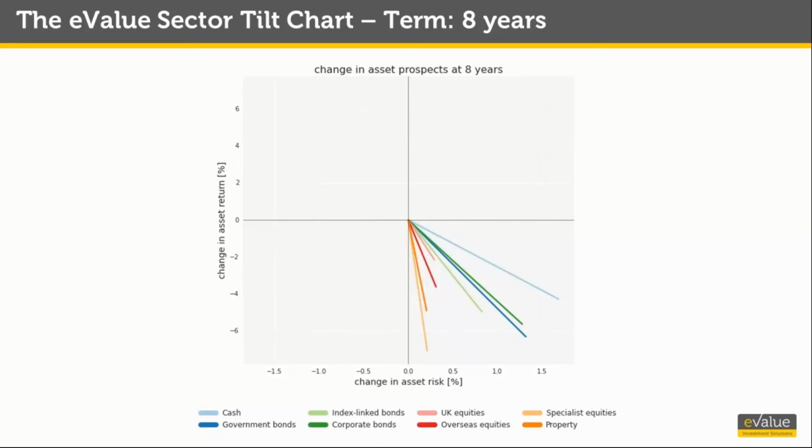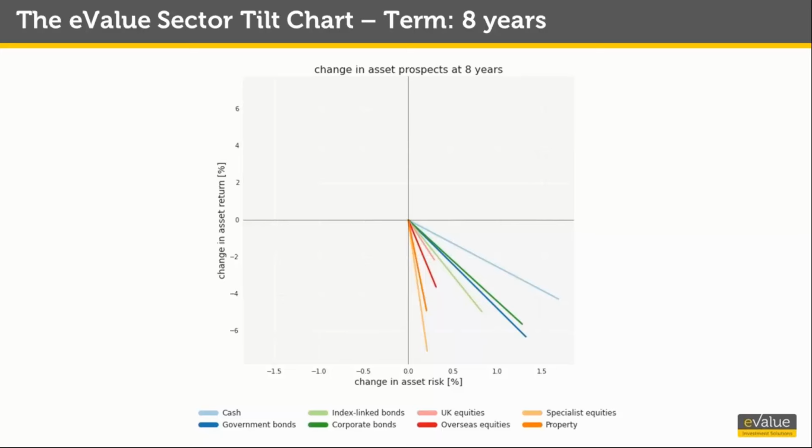So if we look at the chart that we can see right now, a movement to the right indicates an increase in risk, while a movement upwards indicates an increase in return. So the best improvement is in the top left quadrant, where we have more return at the cost of less risk. And the worst change, on the contrary, is in the bottom right quadrant, which is an increase in risk but a decrease in return.